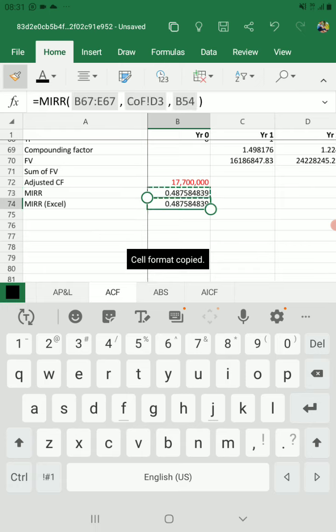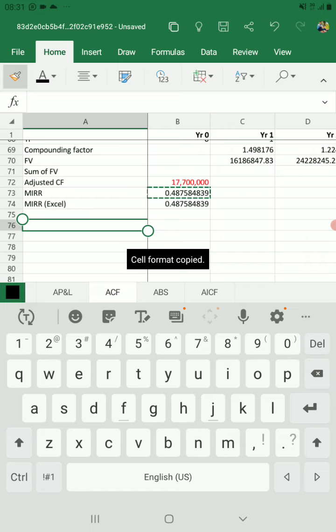Excel sheet, Excel generated. So we see that modified internal rate of return generated using Excel formula is exactly the one we get using manual way. So this manual way has helped us to explain how actually the modified internal rate of return is computed using Excel formula. Now,